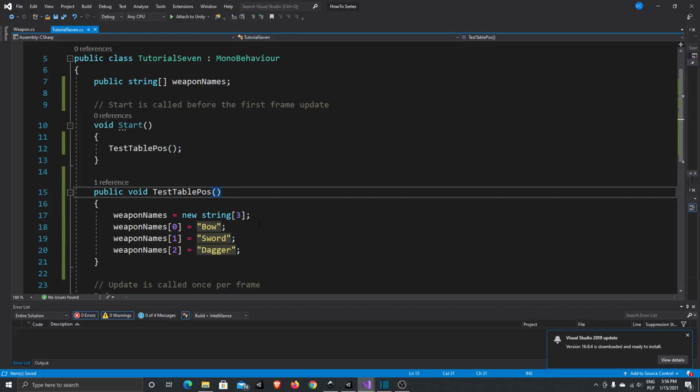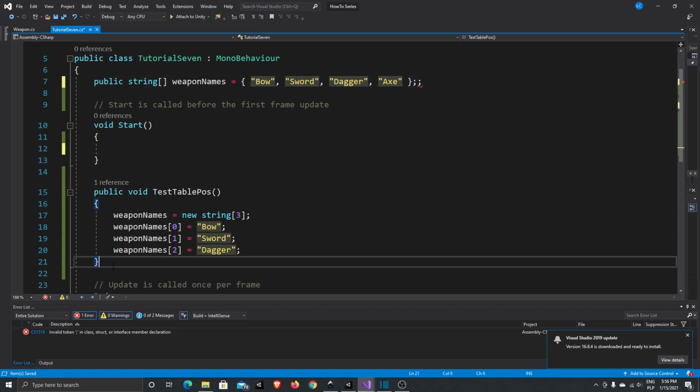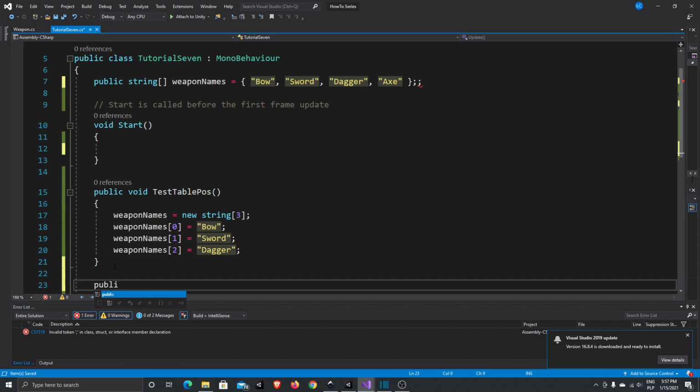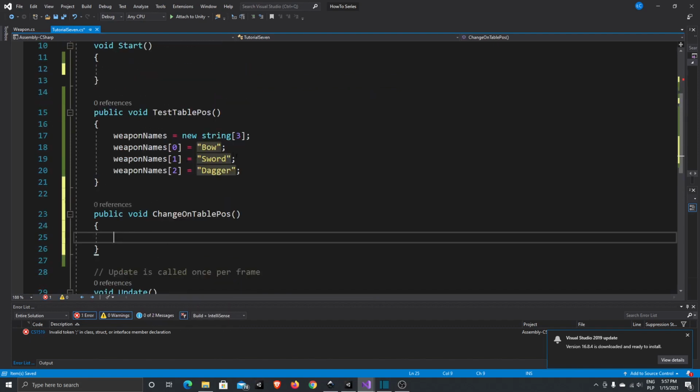If you would like to change some name inside the table, so if we go to our previous declaration here in our array, like that, and I will remove this one, public void change table position. So now what I will create here, if I will for example take the weapon names, here on